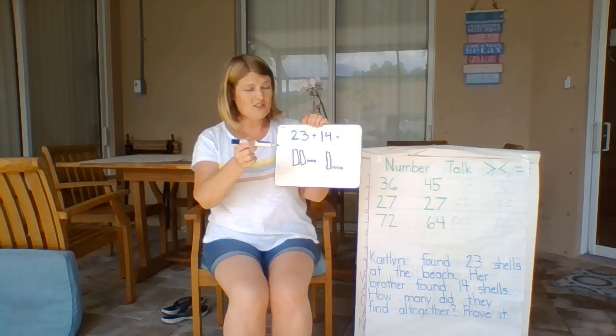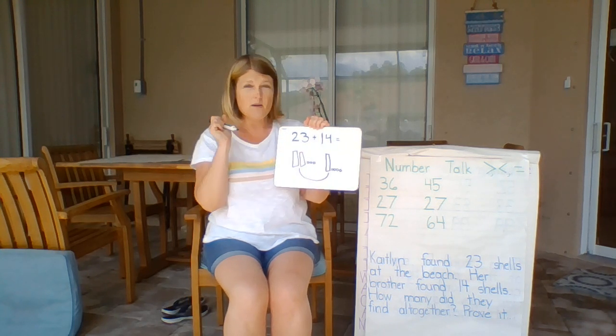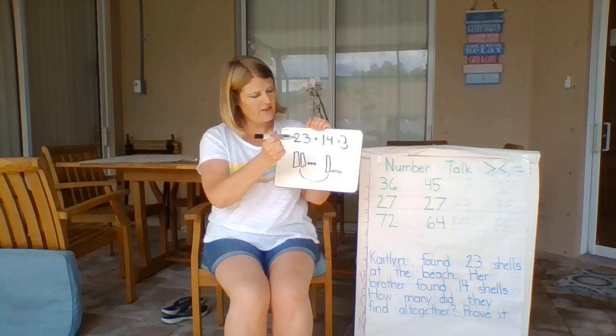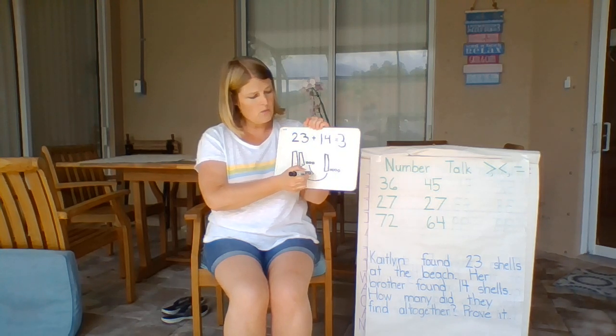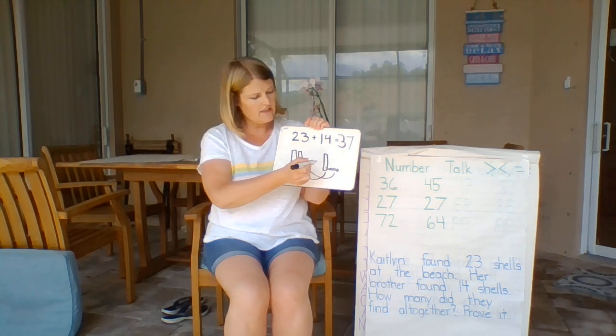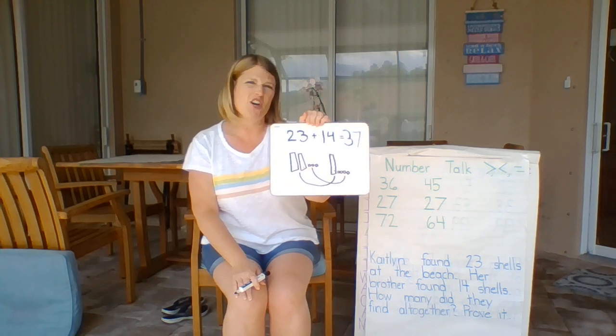Then I saw friends work to combine them together. They put the 10s together and said 2 10s plus 1 more 10 makes 3 10s, 10, 20, 30, and 3 1s plus 4 more 1s makes 7 1s, 10, 20, 30, 31, 32, 33, 34, 35, 36, 37,